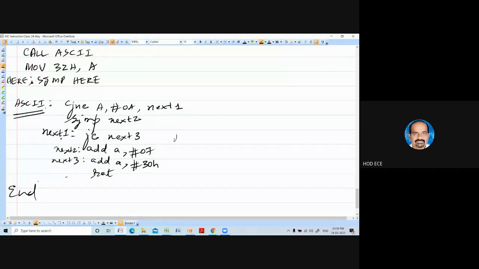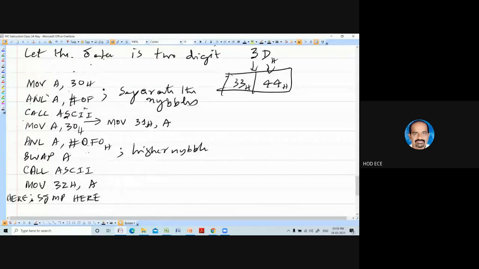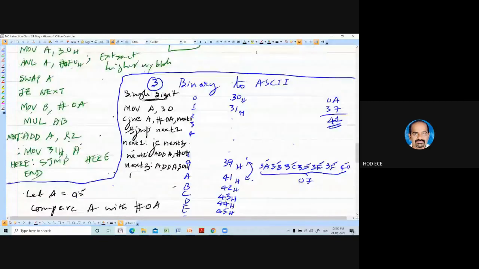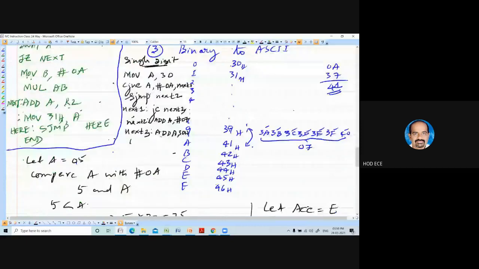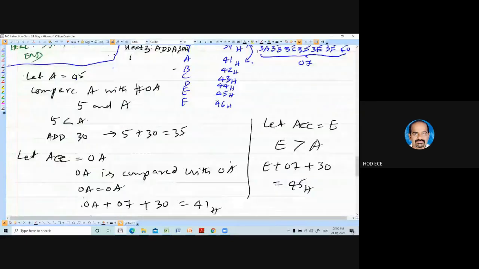This program is ASCII conversion, single digit, binary to ASCII. Suppose the program is asked for BCD to ASCII, then what you need to do? You need not check.